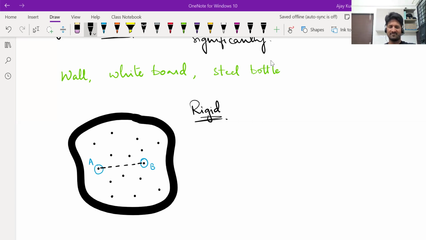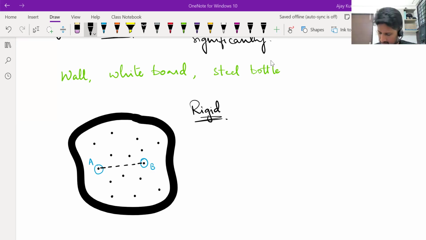It remains the same. See, if two particles can come closer, then that is deformation. In a rigid body, that is not allowed to happen. If two particles can go farther apart, that is also deformation. In a rigid body, that is not allowed to happen. So the condition in a rigid body is that